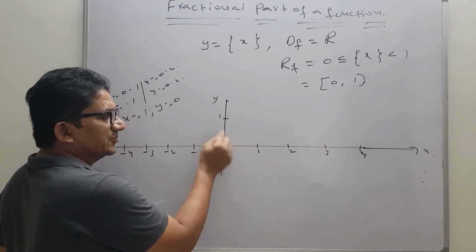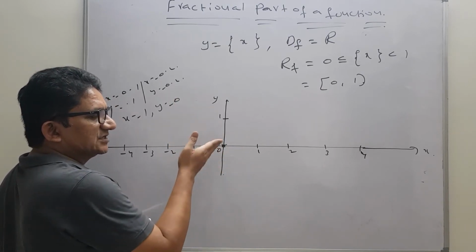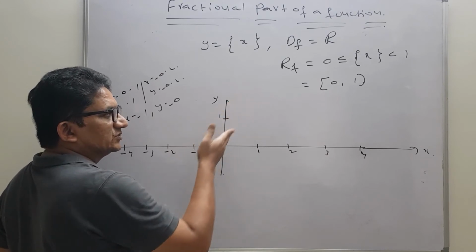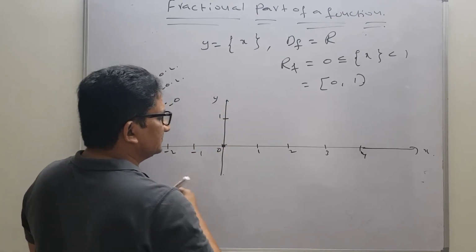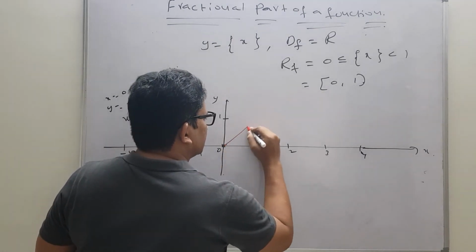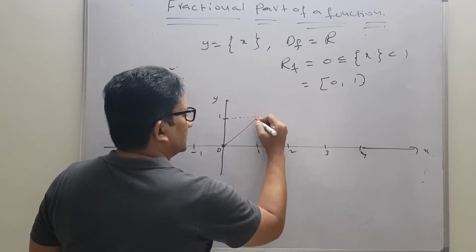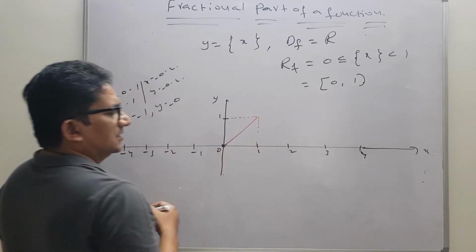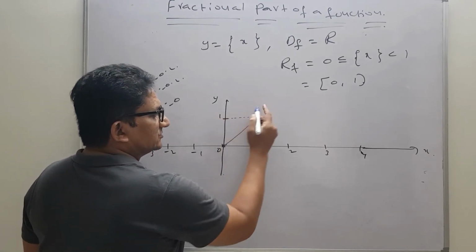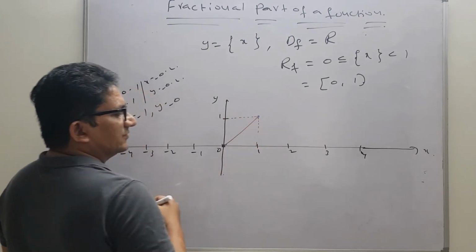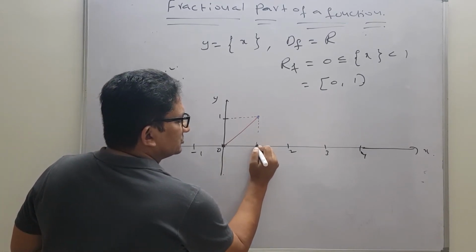If input and output both are the same, it is an identity function. And the identity function graph, we know, is a line passing through the origin. So here we will get a straight line which passes through the origin. In this direction it will go up to here. And when x is exactly equal to 1, y is not equal to 1. So here we will get an air bubble, an open circle. When x is exactly 1, the y value is 0, so it falls on this one.